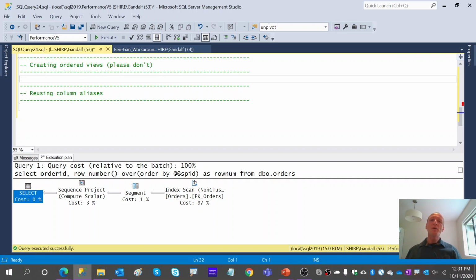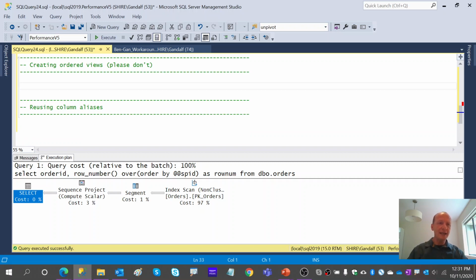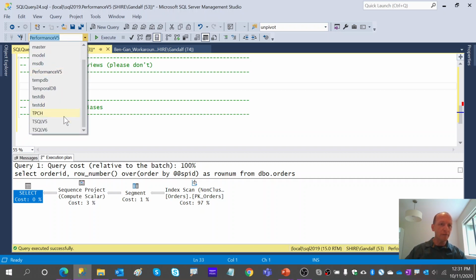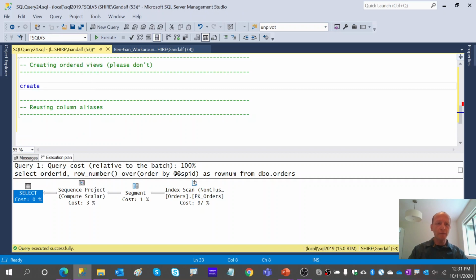Okay, so why is this so important? I often got this request: how can I create a sorted view in T-SQL? And part of the reason, by the way, that people are looking for such a construct is because some platforms do support it, even though it contradicts in a fundamental way the SQL design and its underlying relational theory. So imagine, if we go to our T-SQL v5 database, imagine trying to create a view,